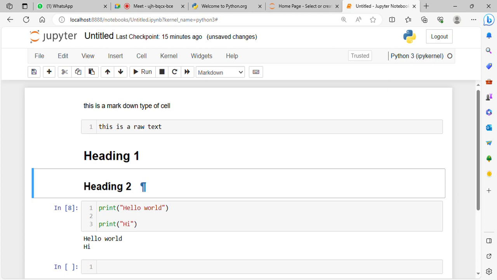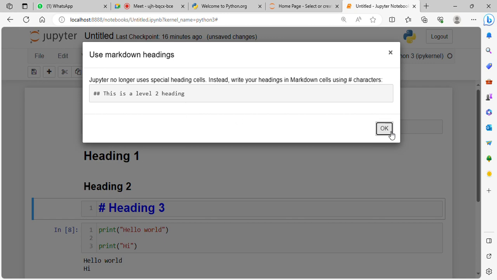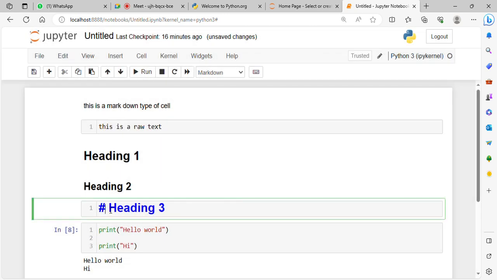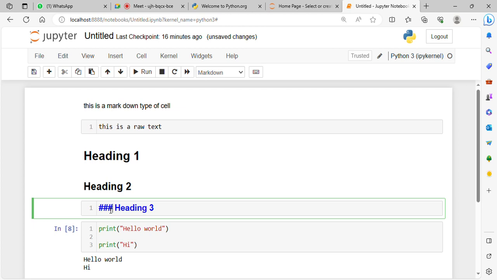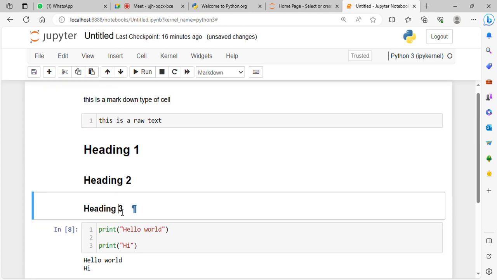Okay, यापेक्षा थोडीशी छोटी आहे. Okay, similarly you can create multiple levels of heading. This will be heading 3, go here, heading, and instead of 1 hash, type 3 hash, execute. This is level 3 heading. Similarly,